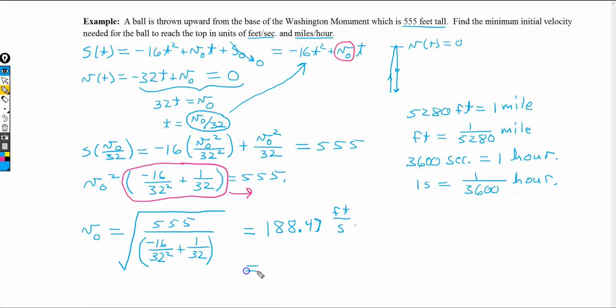So this is equal to 188.47 times 1 over 5,280 divided by 1 over 3,600, and that simplifies to